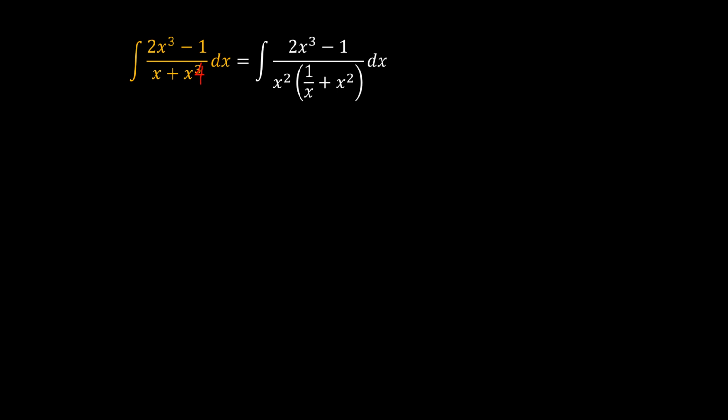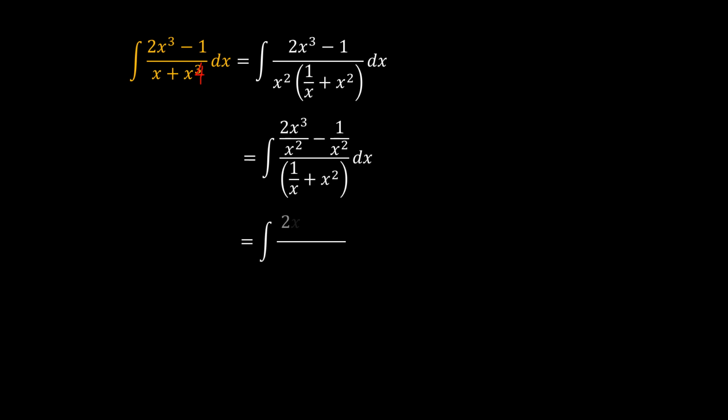The first thing I see here is I could try to pull out x squared, and I apologize here because we do have x to the power 4 here. So when we pull x squared out, you're left with 1 over x plus x squared in the denominator within the brackets. And if we merge the x squared with what's in the numerator, we have 2x cubed over x squared minus 1 over x squared,